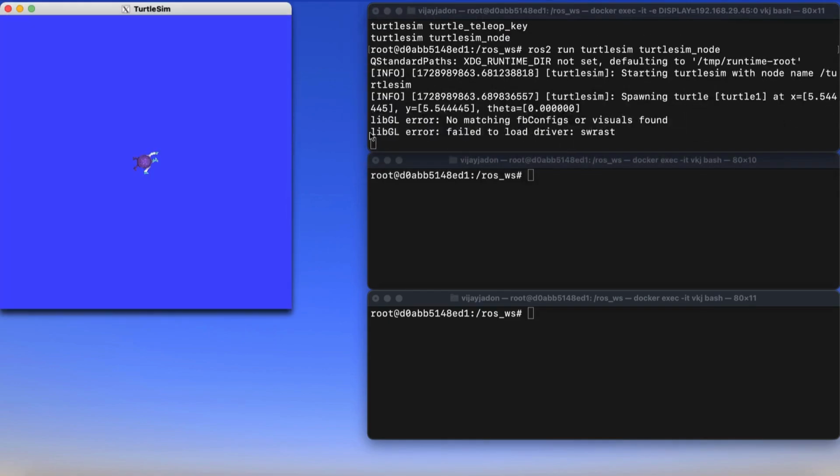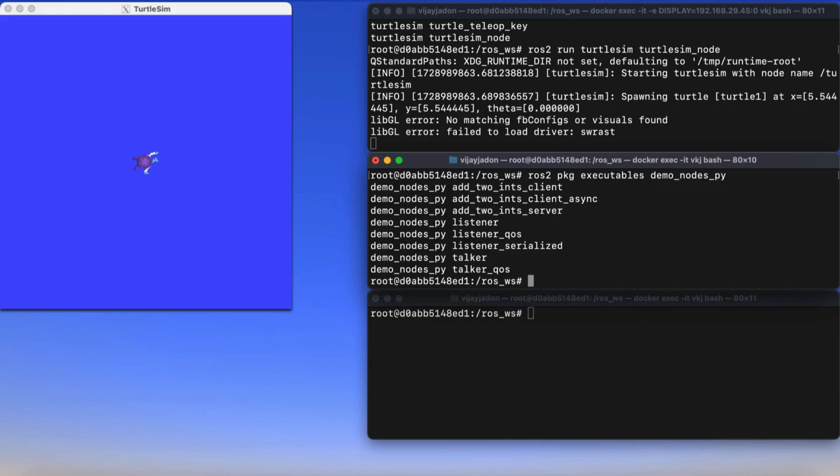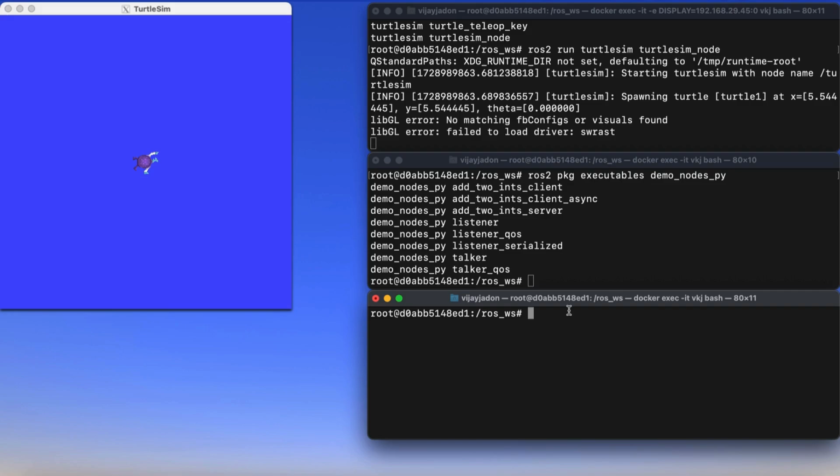And in another terminal, we can check the executables of the demo_nodes_py package and use the same ros2 pkg executables command with the package name to see how many executables are there. And we will see here that the talker is appearing in this list. So we can run this in another terminal using ros2 run, the package name demo_nodes_py,